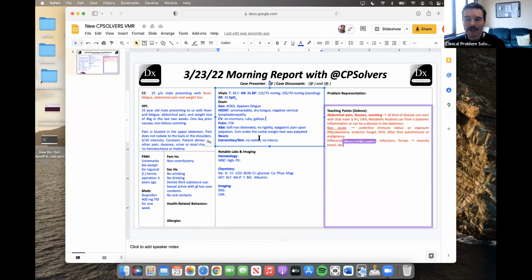I want to also elevate Angelita's question about sort of getting a better understanding of why this gentleman started to take ibuprofen, right? Was there something else that led to the addition of ibuprofen, which could be exacerbating the abdominal pain, particularly if he has underlying peptic ulcer disease, or was the ibuprofen used solely for the abdominal pain alone? That can become helpful because if there's another localizing site, like if there's joint pain plus systemic inflammation, that may change the way we're thinking about the abdominal pain and give us a new place to focus our cognitive efforts as we reason through the case. And so I think that that's a really, really nice thread to go to. And I just want to say thank you for asking that, Angelita.